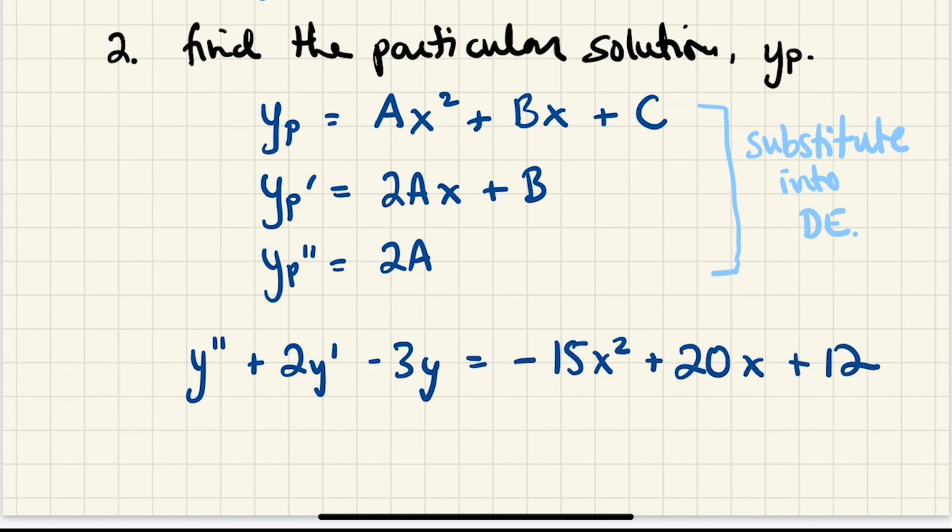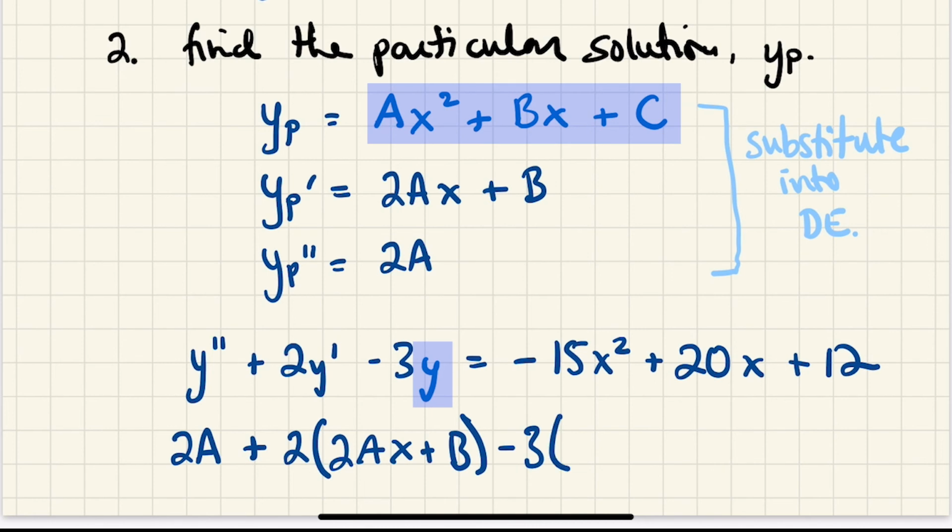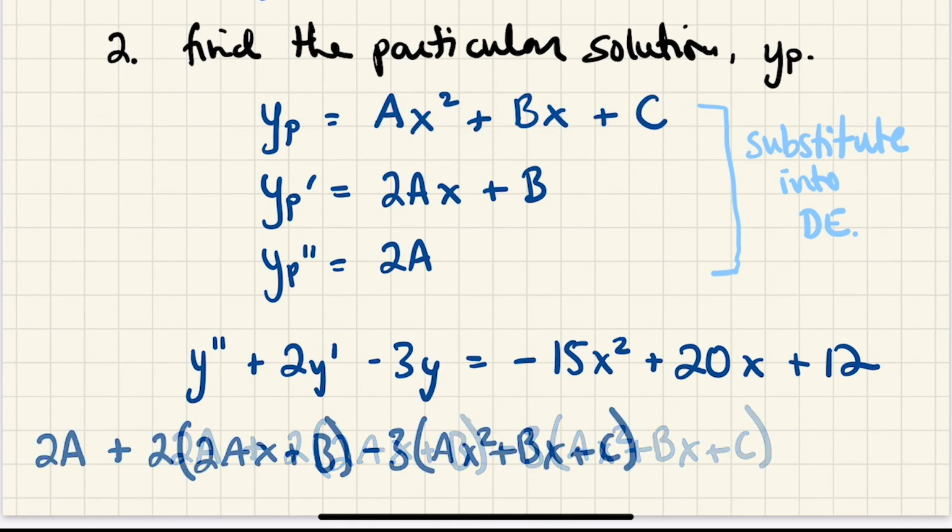So here's the original differential equation, and now we're going to replace y double prime with the trial particular solution's yp double prime. So this is going to be 2a, and y prime will get replaced by 2ax plus b, and y gets replaced by ax squared plus bx plus c, and the right-hand side is